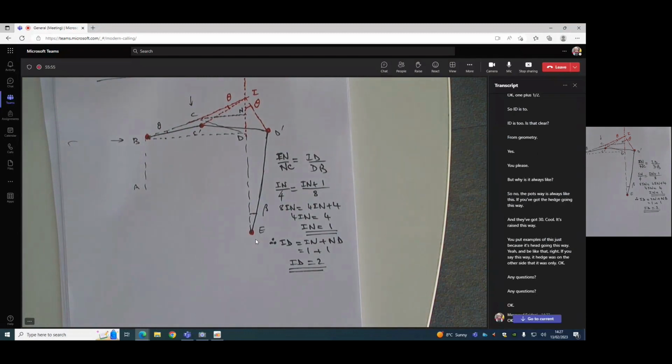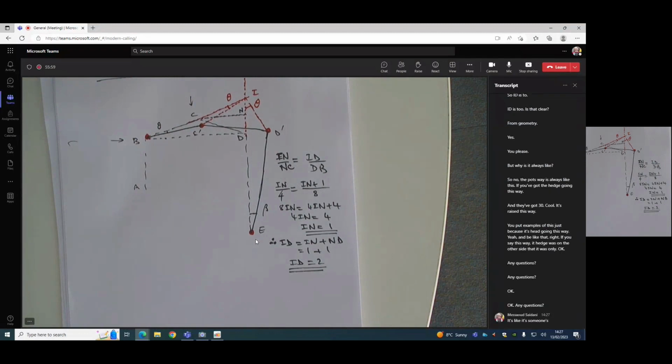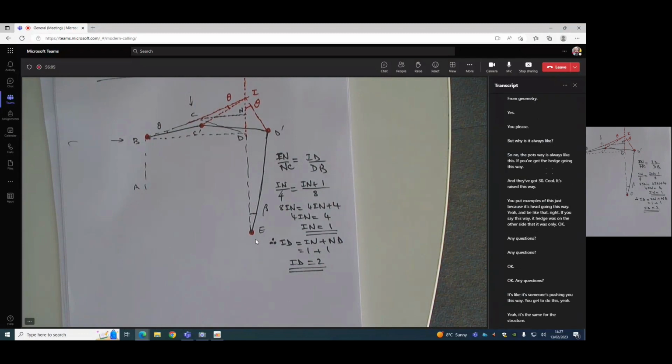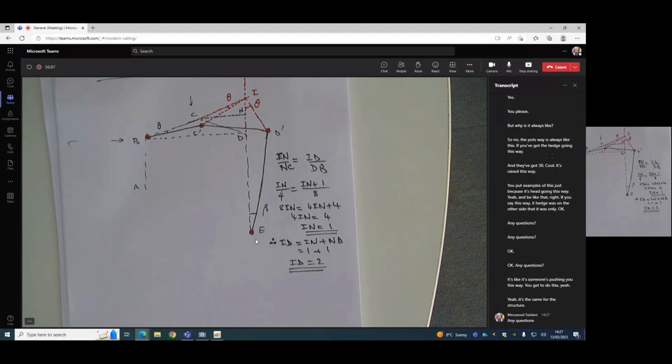Okay. Any questions? It's like if someone is pushing you this way, you tend to do this. Yeah, it's the same for the structure. Any questions? Right. So this is now we've got the